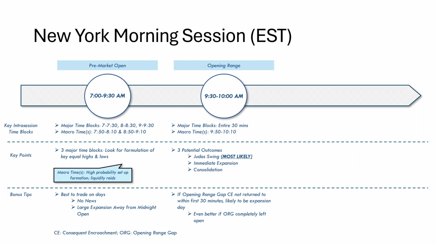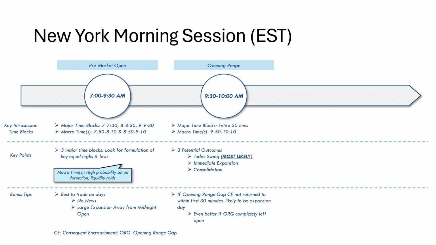Now, immediate expansion is when you don't see that Judas swing and price just immediately takes off in the direction that it's going to go for the rest of the AM. And then lastly, it could consolidate. If you see consolidation, that can be very telling of the fact that price is likely not to do anything for the rest of the AM session. So you typically want to see some movement, ideally some manipulation, which is most likely to happen in the 9:30 session. You want to see some manipulation and then a run for some sell side liquidity